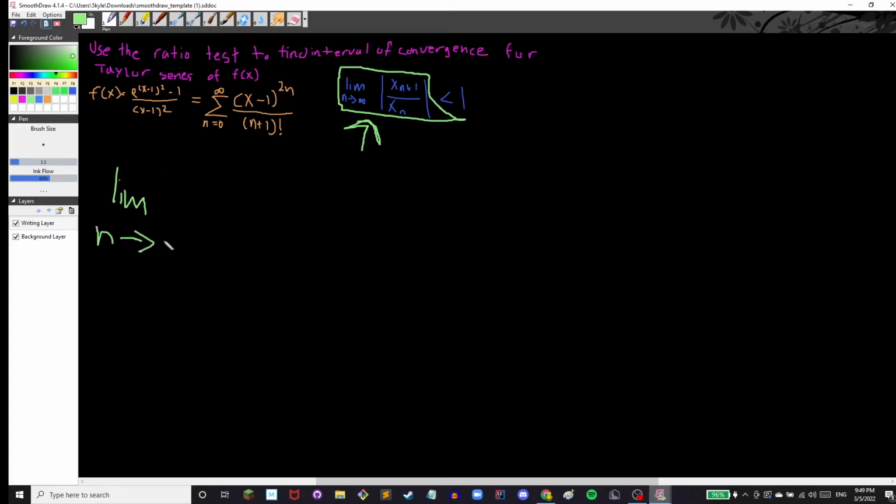So limit as n approaches infinity of x minus 1. We substitute n with n plus 1 here. So the distributed value would be 2n plus 2. And on the bottom we have n plus 1 factorial. So that would be n plus 2. And this would be all over